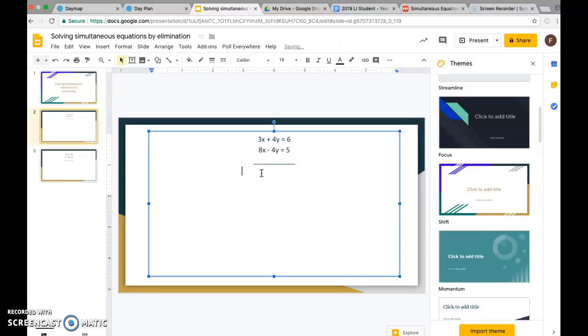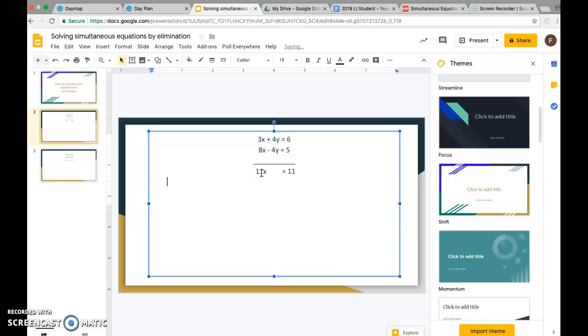So I'm going to add 3x plus 8x, which is going to give me 11x. Then I'm going to do 4y add negative 4y, which is the same as 4y take 4y. So I'm going to be left with 0y. And then I'm going to do 6 plus 5, which is 11. So now I just have one variable, and now I can just solve it as I would solve a normal